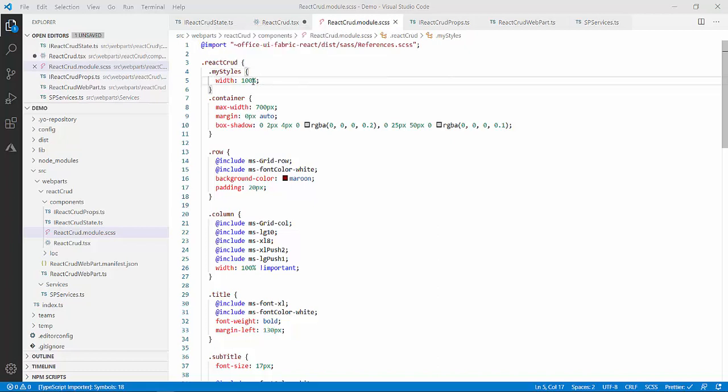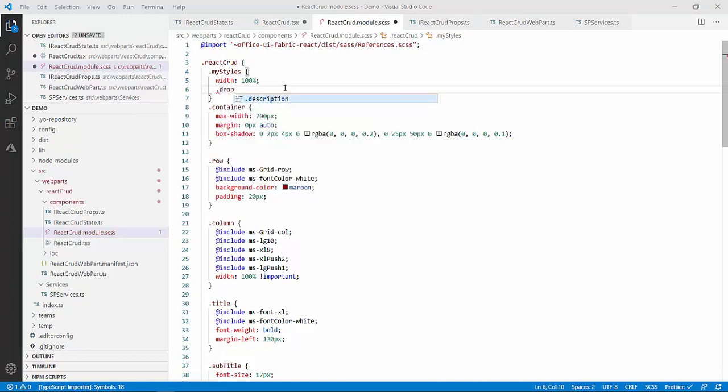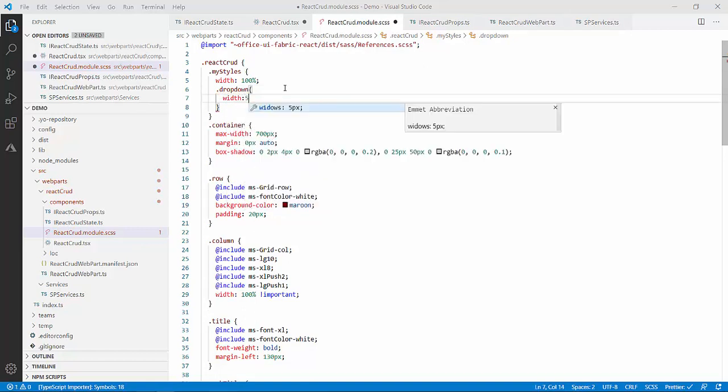You can see over here I have declared this class called myStyles. Now I want all the custom styles which I will be declaring to appear under this class only. So what I can do over here is declare this drop down and it will work. For this class I will say width 50%, because we saw my drop down is coming very wide, so I would like to reduce the width. Like this I can do. It is very powerful and useful, so I will go with SCSS. If you are not comfortable, you can use a CSS file also, but I will recommend going with the SCSS file, because after one or two demos you will get very comfortable with it.